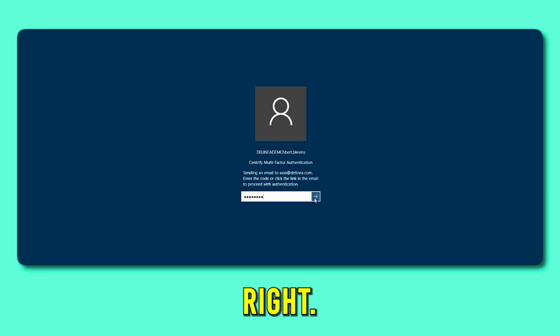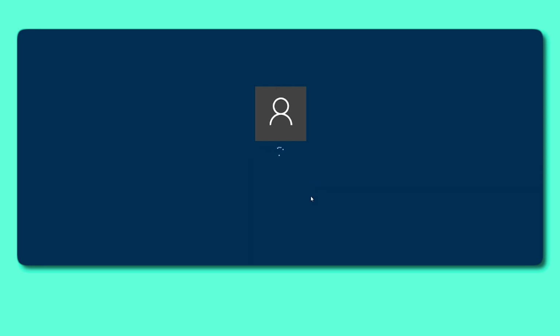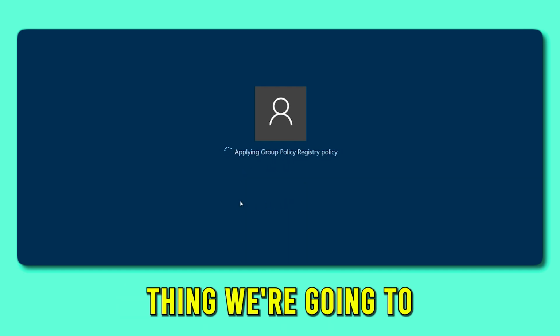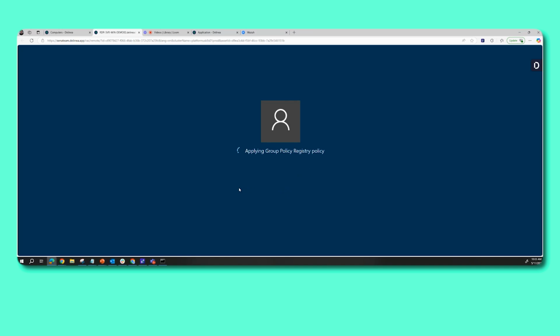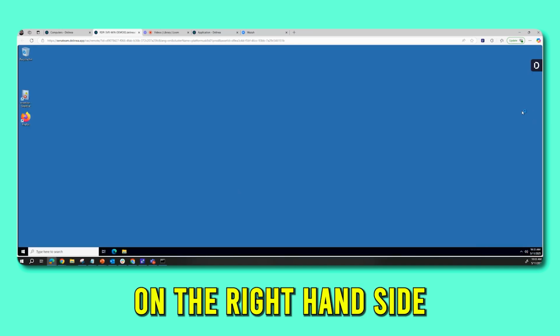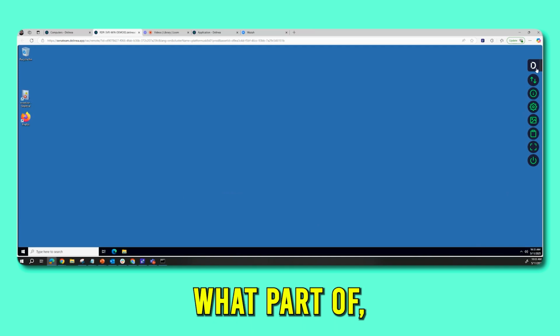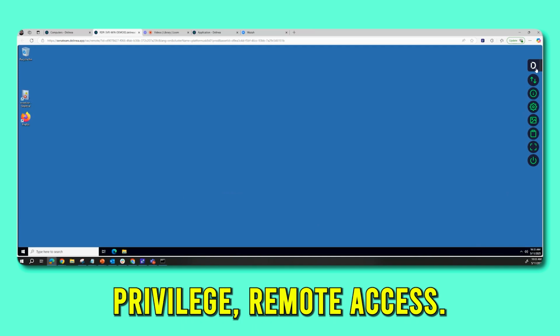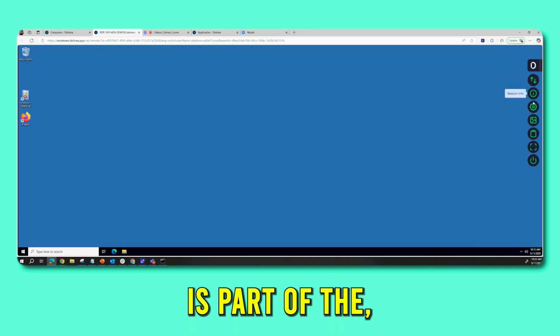All right. And you'll see now that we come on into the server, and then the next thing we're going to do is we're going to see a few controls here. We're going to see the control here on the right-hand side that we're afforded as part of privilege remote access. So you'll see that is part of the